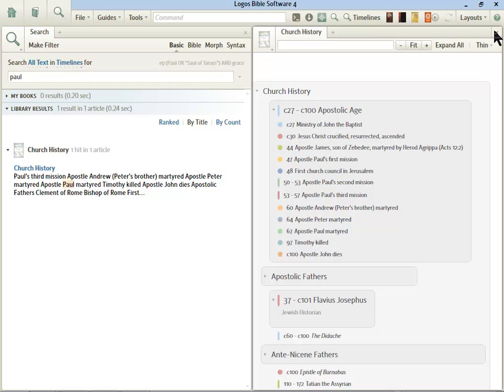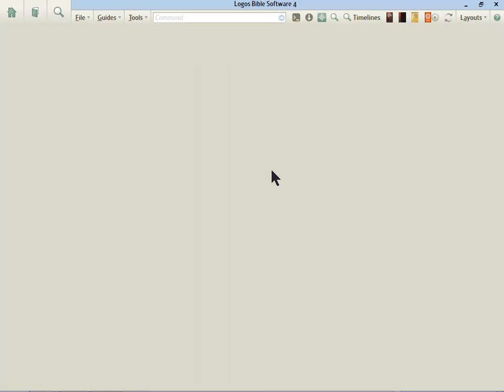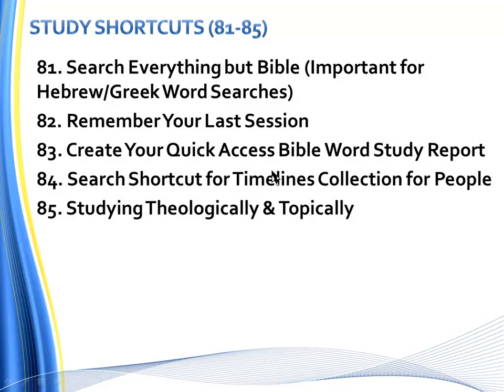All right, so the timeline feature is really nice because it gives you access to people and dates in a very easy way to access it. So you can search that. Very helpful. Okay, so let's go ahead now and back to our PowerPoint. And let's look at this next one, 85, studying theologically and